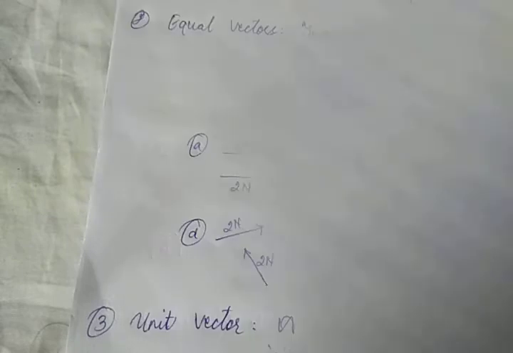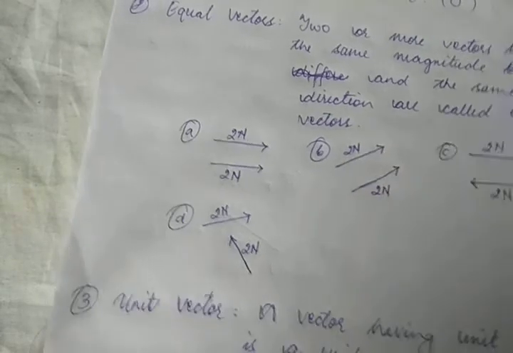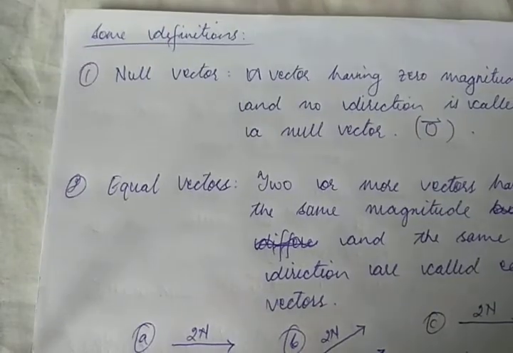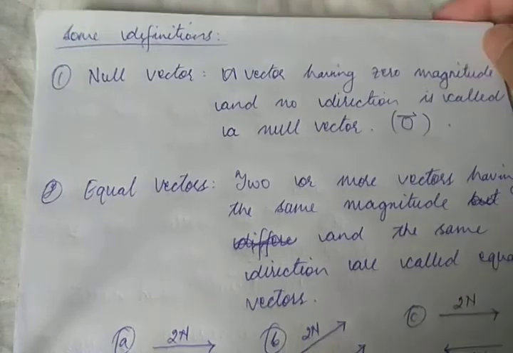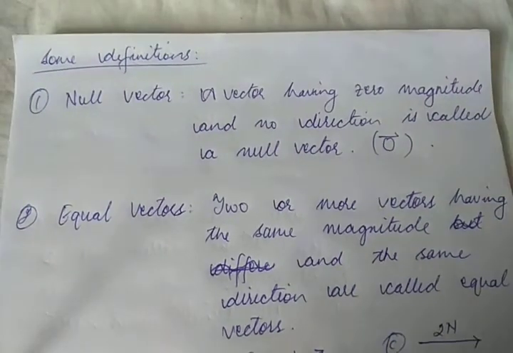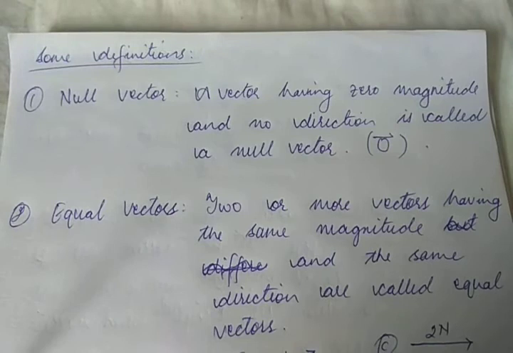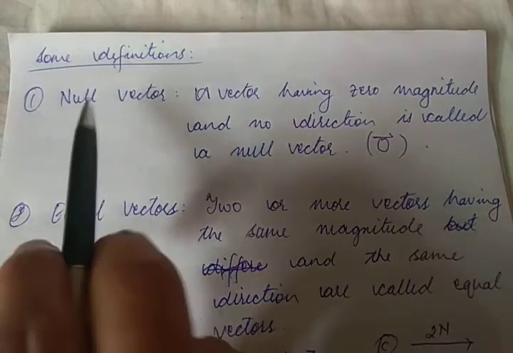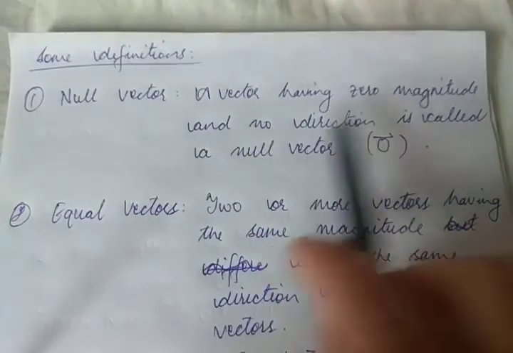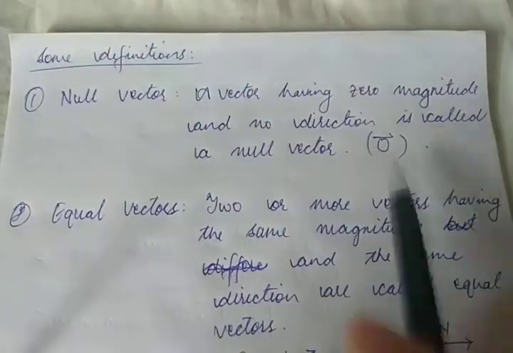Okay, so today's video is the introductory video about things related to vectors in general. Therefore, some definitions. Now, null vector. What is null? Null means something that's not there, zero. So as the name suggests, a vector having zero magnitude and no direction is called a